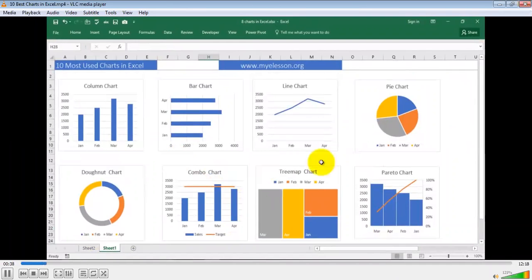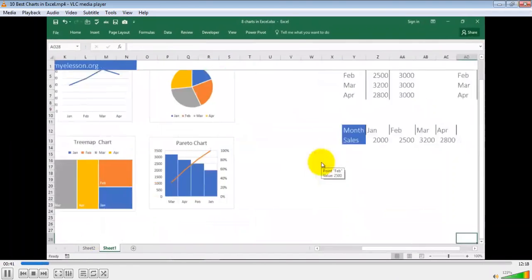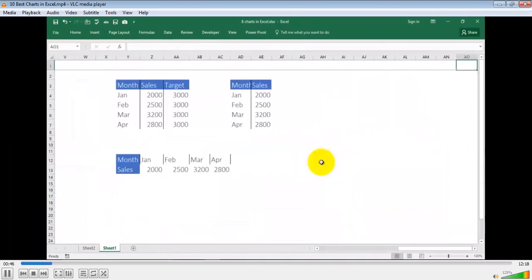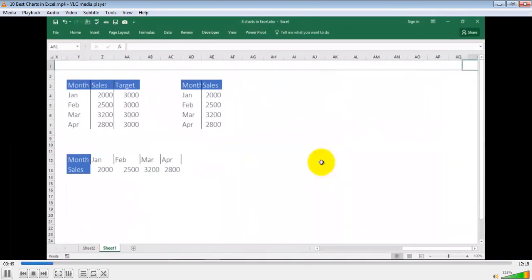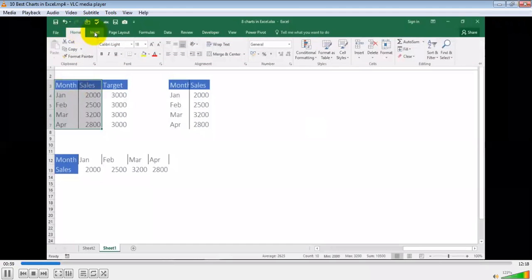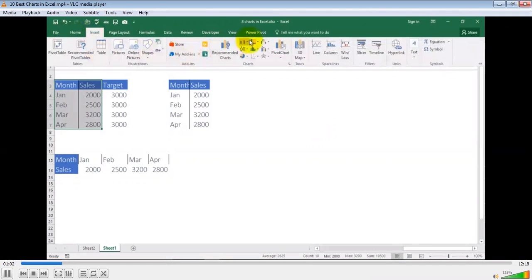Making charts and graphs in Excel is very, very easy. You just need to know what kind of data you have and what you want to show. So let's start making our chart. Select your data and go to Home. Sorry, go to Insert, and from here choose